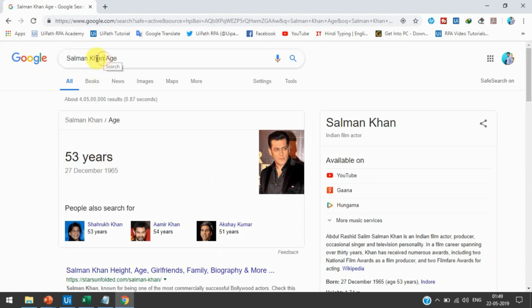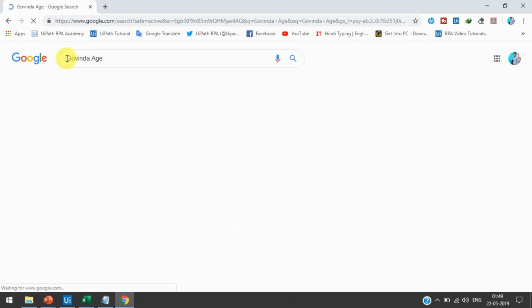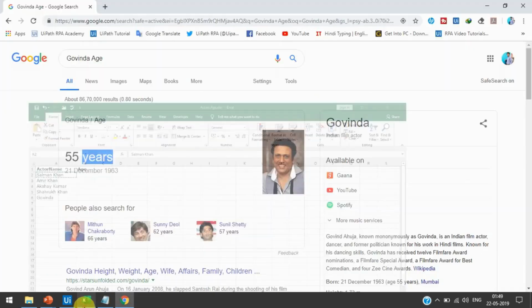Every time we need to change the name, we change the name and get the age. So this way we need to write the actor's name here and fetch the actor's age and write it into the Excel file.